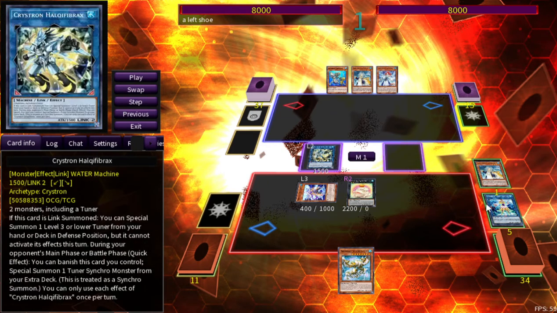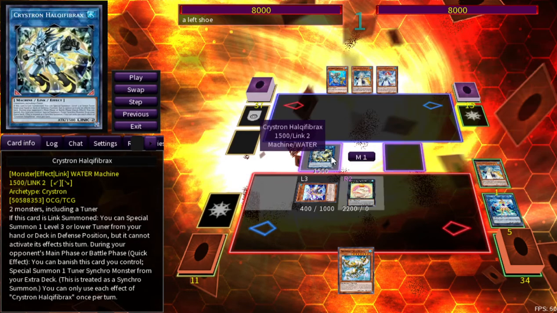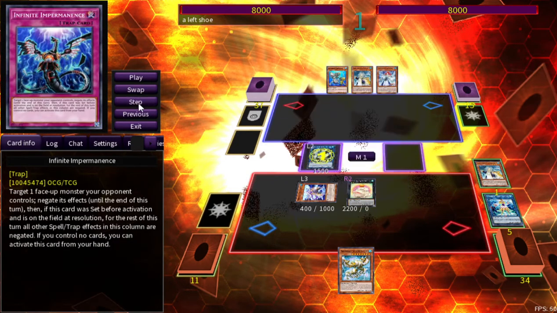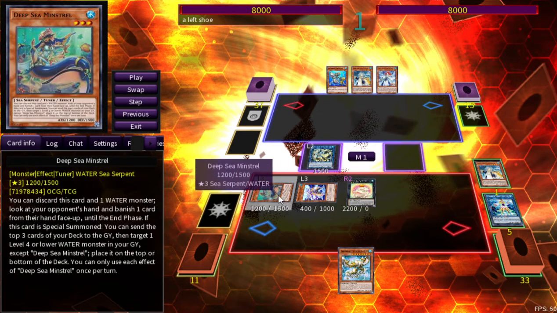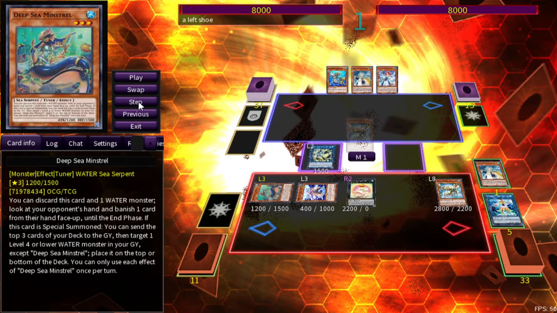Then we can convert the Coral, Marincess, and the Hexa and go into a Halq Fibrax, which is a Water monster, ironically. And from the deck, we're going to special summon Deep Sea Minstrel. It's a level 3 tuner. That's the only important part that you need to know, because we are locked into Water monsters. And then we can convert those 2 and go into...